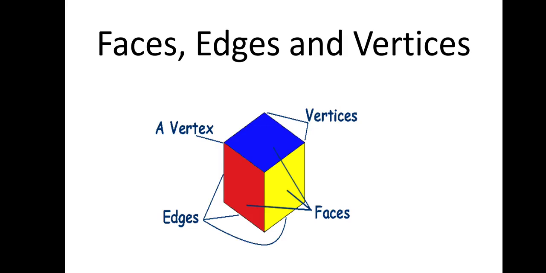In this figure, all these are clearly shown: faces, edges and vertices. Edges are basically the line segments which act as an interface between the two faces. Faces here in this figure are the colored ones, that is blue, red and yellow. These are all the faces. All the flat surfaces of the 3D shape are the faces. And then we have studied about vertex or vertices. Vertices is the plural of vertex. So a vertex is a point where two or more edges meet. These are basically the corner points. This all we have studied in the previous lecture.